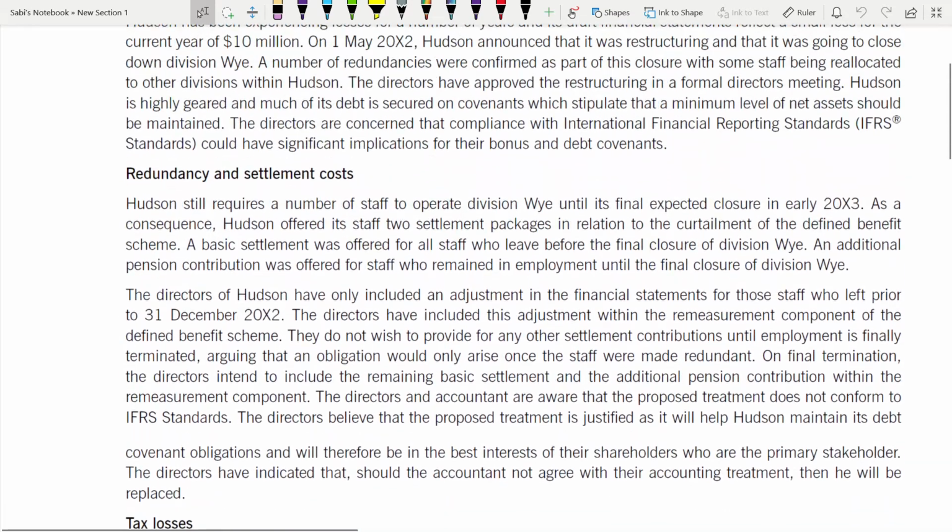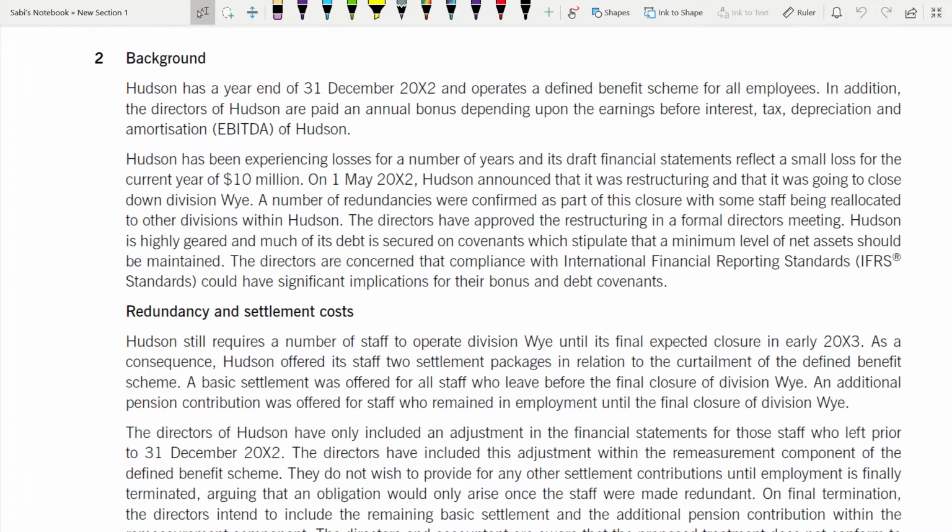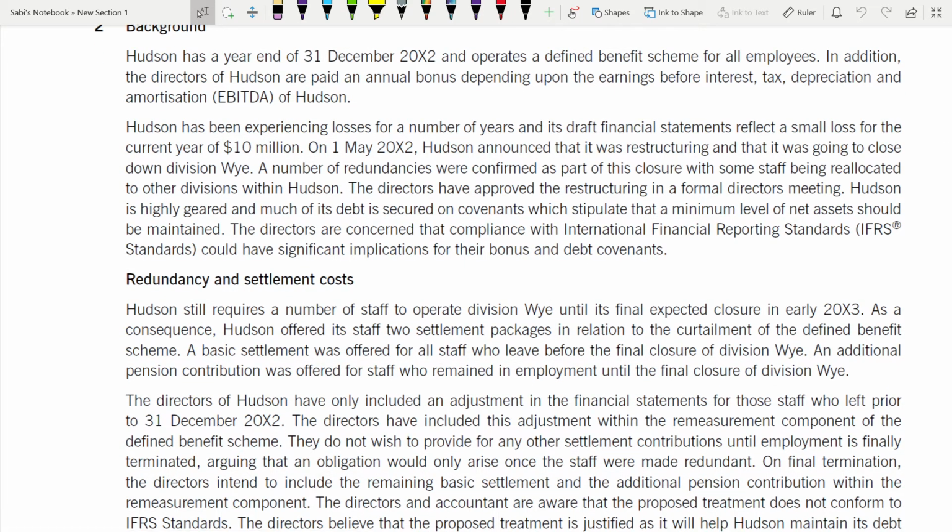So as you can see the subheadings, even without reading the whole case study or any of the requirements, you can have some idea what type of questions can come. As we can see from the subheading, we have redundancy and settlement cost, right? So redundancy and settlement cost, it comes under which